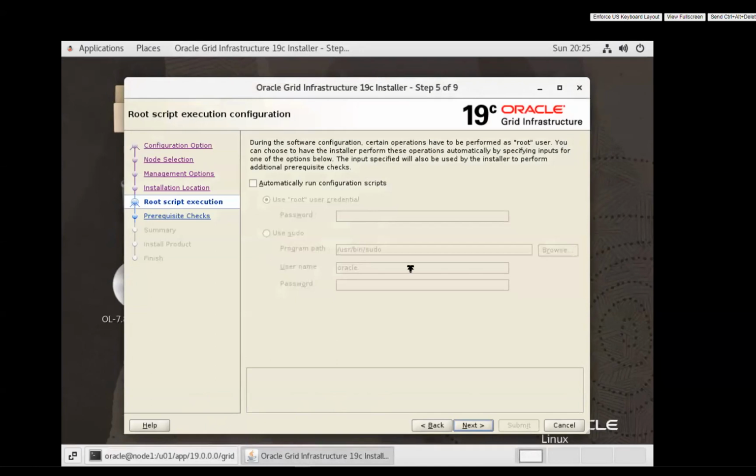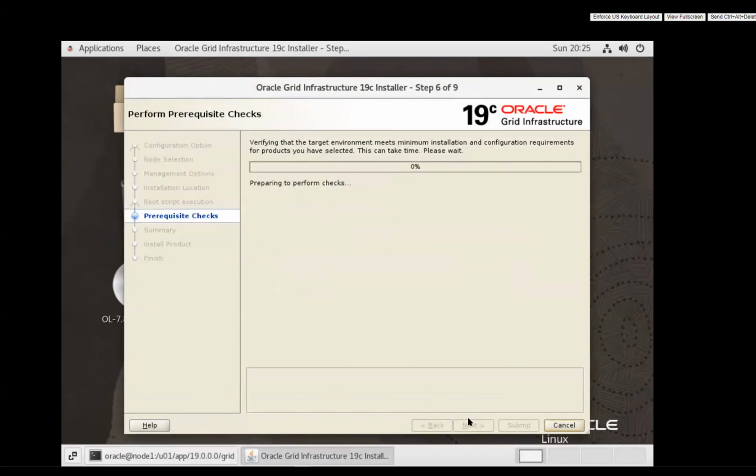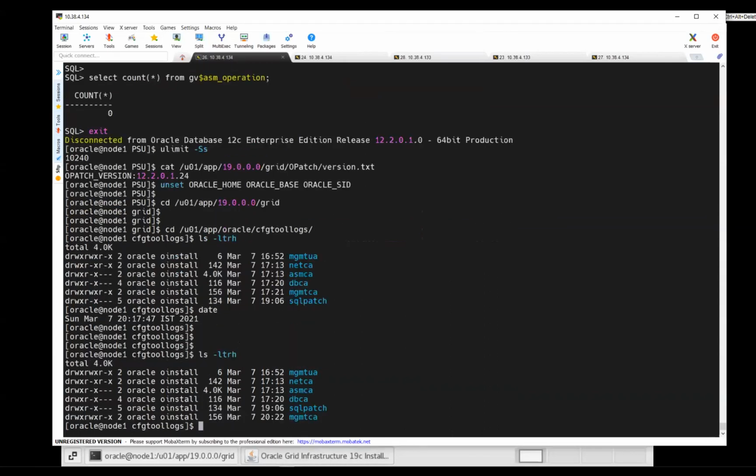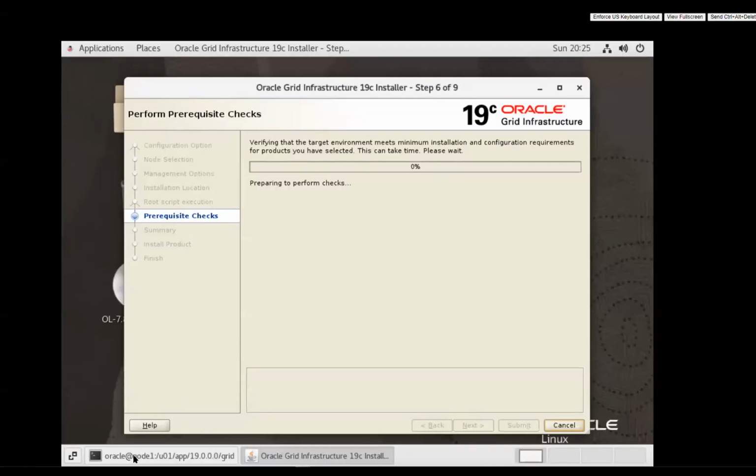One of the best practices is, the moment you start any patching or upgrade, always try to follow that particular log file, so that it will give you more information.